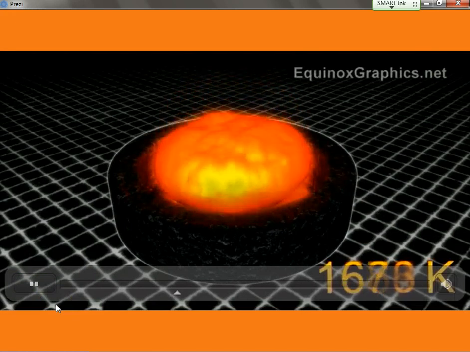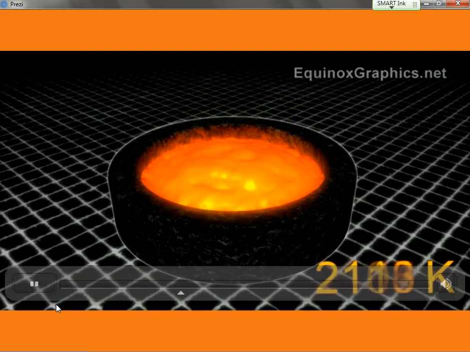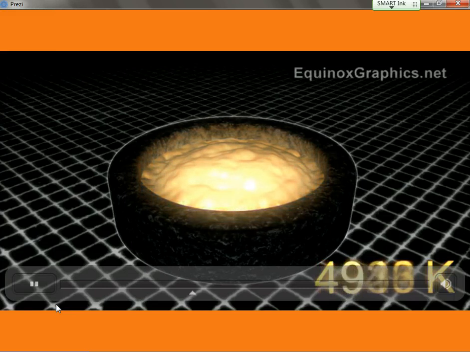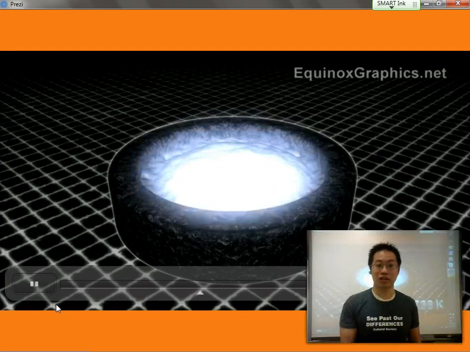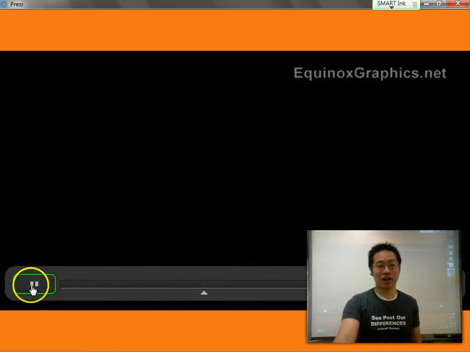And the hotter they become, the color changes. In fact, if you look at lava, the yellowish parts of lava are much hotter than the reddish parts of lava. In fact, the hotter and hotter something becomes,